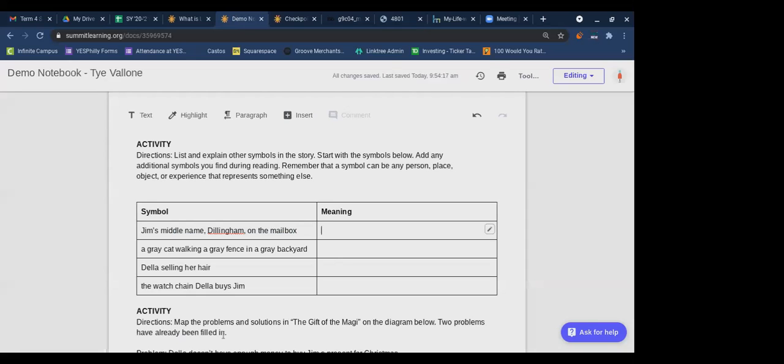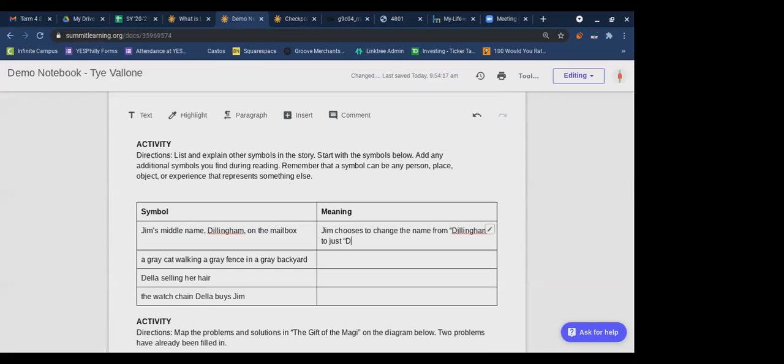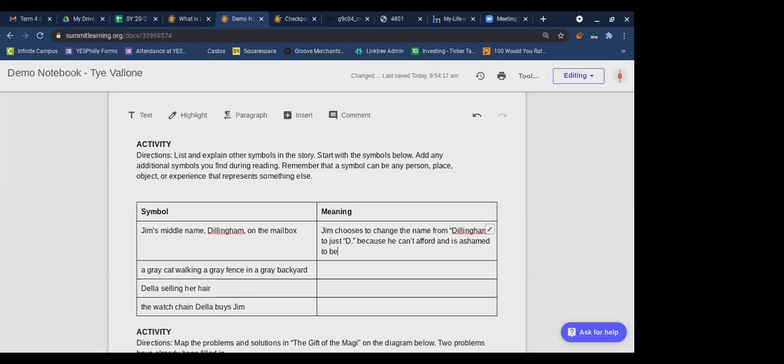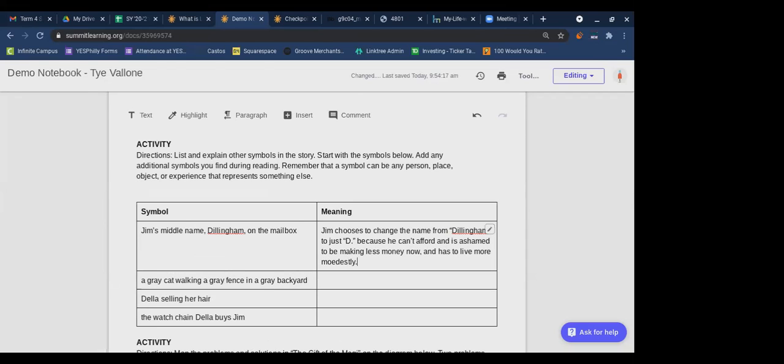We can say exactly what you guys just told me, that Jim chooses to change the name from Dillingham to just D because he can't afford it and is ashamed to be making less money now and has to live more modestly, right? Now I'll go back and fix all my spelling mistakes, but